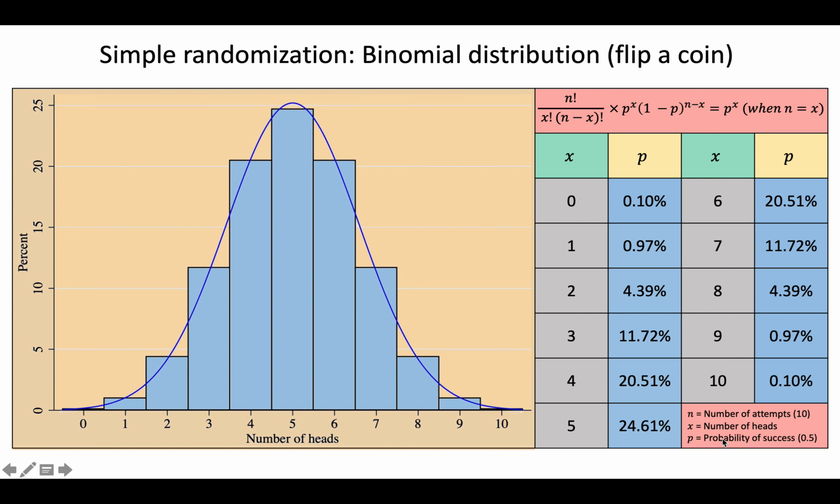So in this case, if the probability of success is 0.5, in other words, the coin is fair, and the number of attempts is 10, the probability of having 1, 2, 3, 4, 5, 6, 7, 8, 9 or 10 heads is going to be this. So as you can see here, the probability of having 5 heads out of 10 attempts